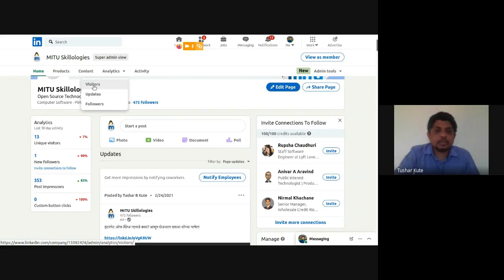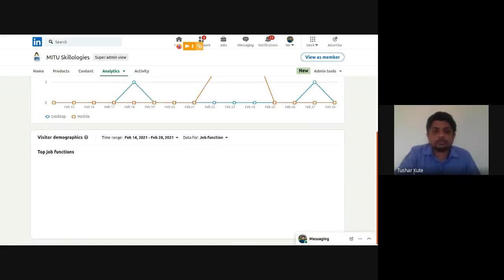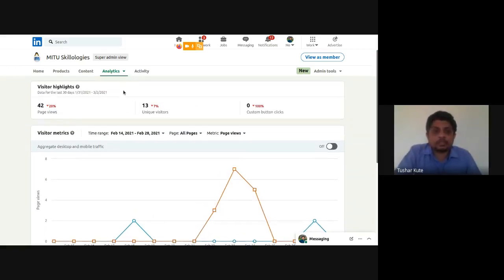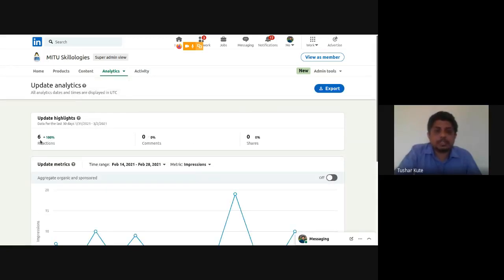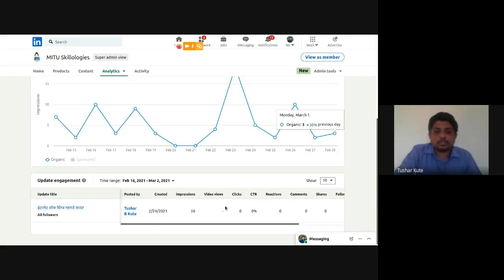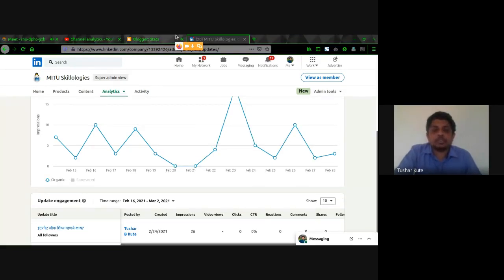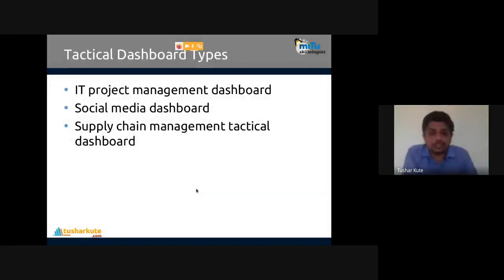You can see analytics here according to visitors. So all the dashboards will show you. The example which I showed was combining everything together, but it can be done separately here according to updates. See, updated highlights: how many reactions, how many comments, how many shares, we can see here. Step by step we can check. See, it is user engagement, like that. Different kinds of dashboards are possible and available also. You can create them. So this is the general idea that we can make use of.